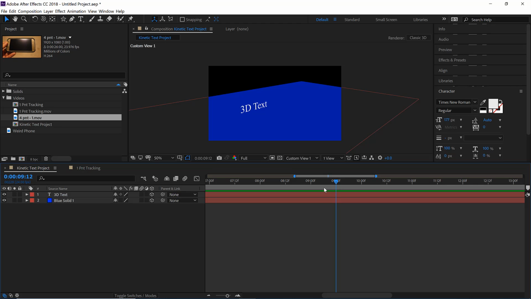If you click Control and left arrow, you're going to jump backwards only one frame. If you click Control Shift and right arrow, you're going to jump 10 frames, or jump back 10 frames if you click the left arrow. Also, if you click Page Down,